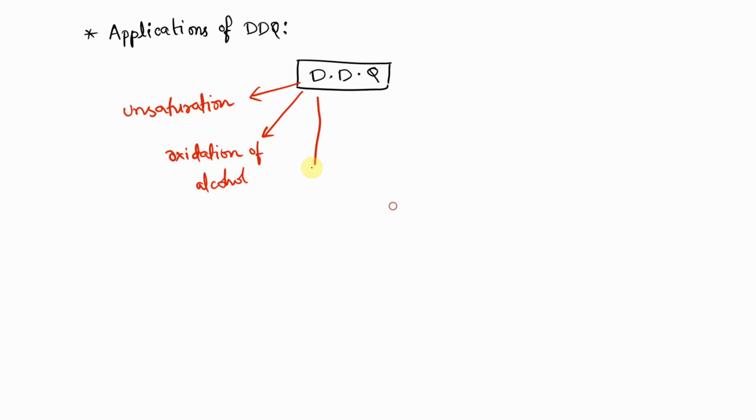Next, if a given species is non-aromatic and contains an excess amount of hydrogen, then DDQ removes hydrogen from the organic species in order to make it an unsaturated compound. If it is a cyclic structure, then it is called aromatization. That is, it brings about aromatization in compounds which are non-aromatic. The fourth important type of reaction of DDQ is bringing about cyclization in certain compounds.